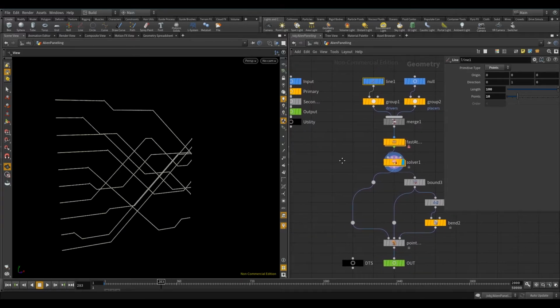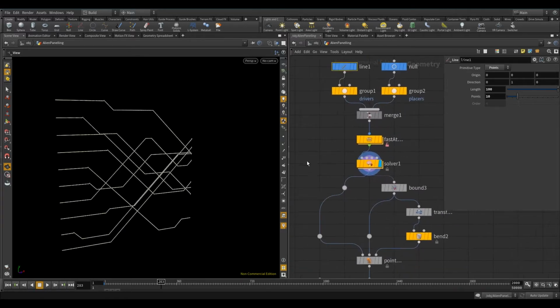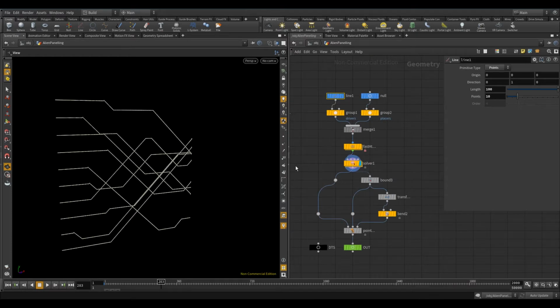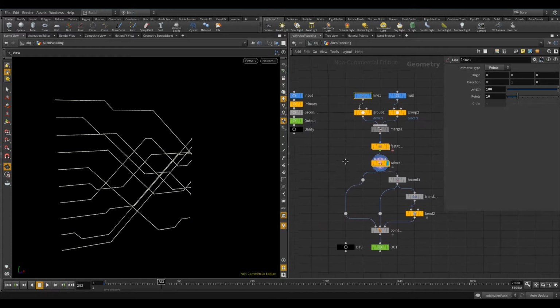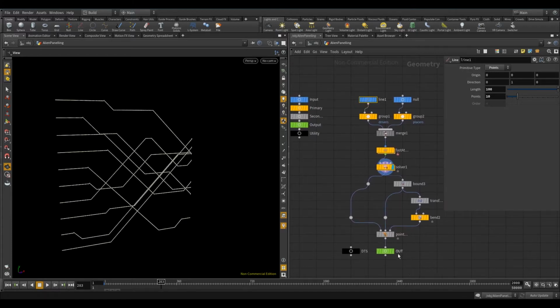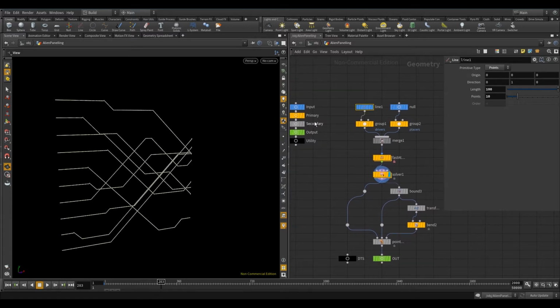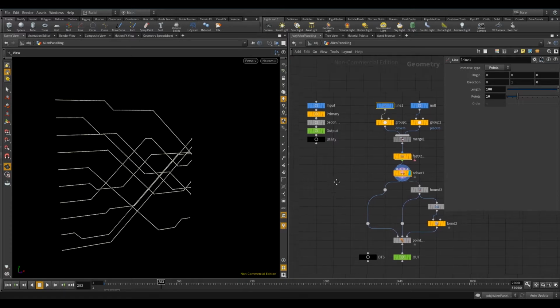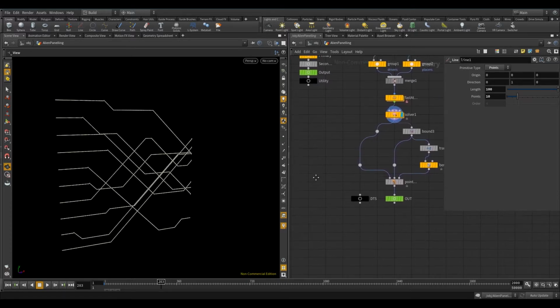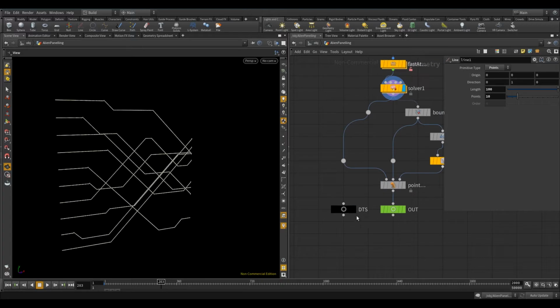And just to show you quickly how I lay my work out, I always do color coding because if I'm going to give my code or my scripts to someone else, I want them to be able to get going as quick as possible. So I just have my input nodes, my outputs. The primaries are the ones which I go to most or the most important, and the secondaries are the ones that don't really matter. And the utility is just, well, this one here is called display to save, and what